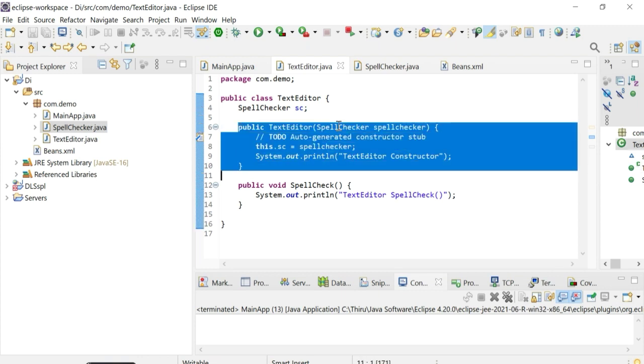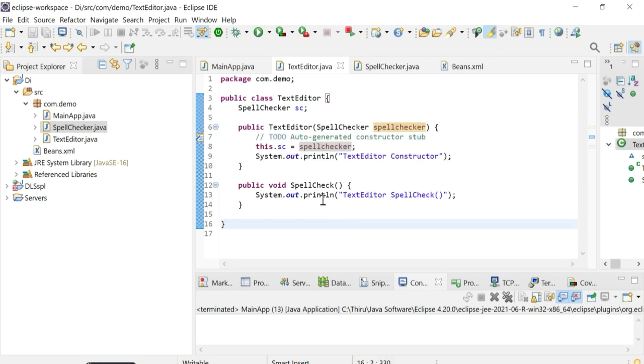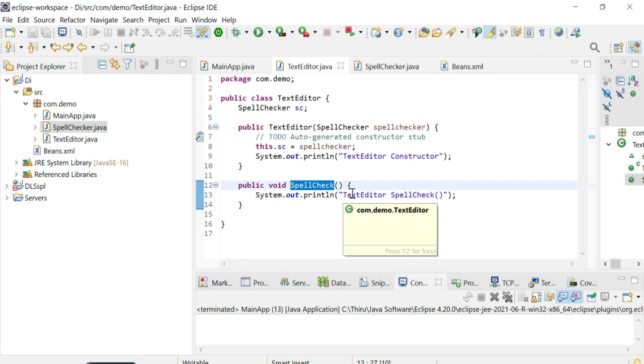Here the dependent class spell checker is initialized using the constructor, so we call this constructor based dependency injection. And then we have one more method, spell check, where we just print the text.